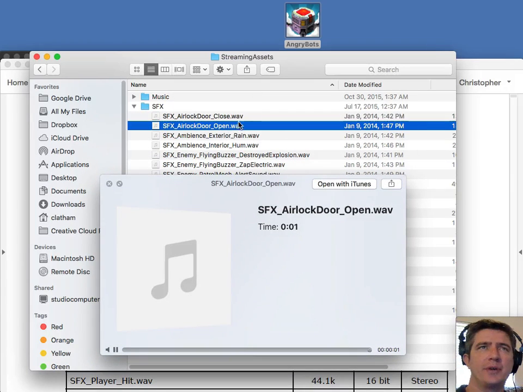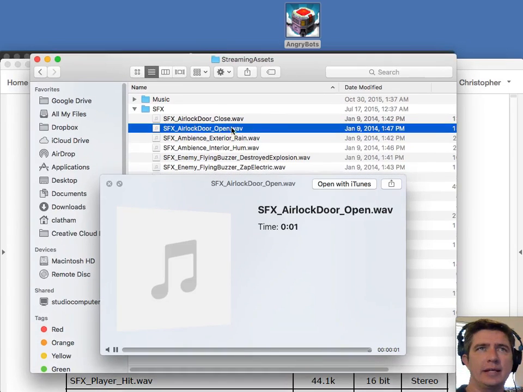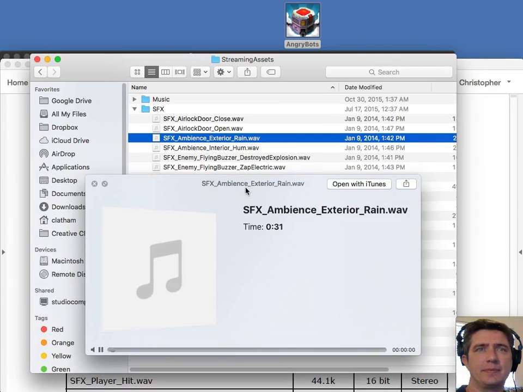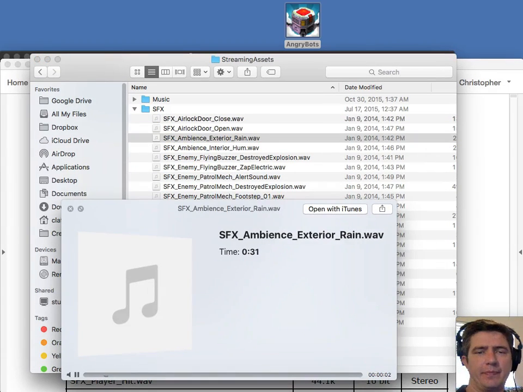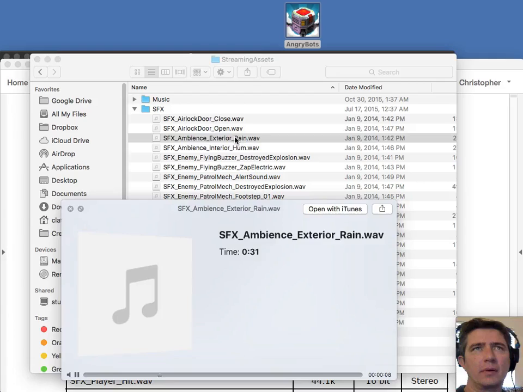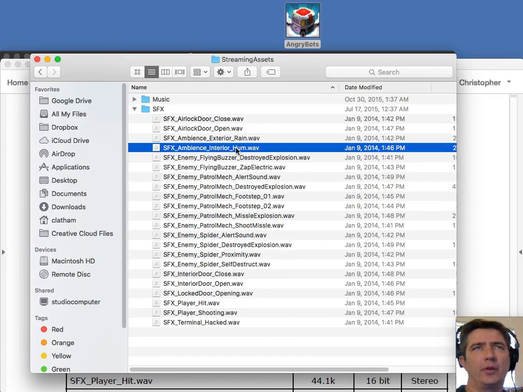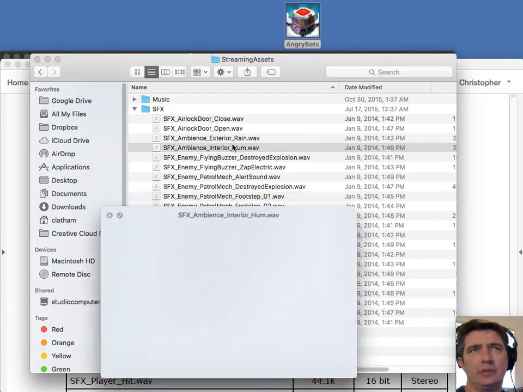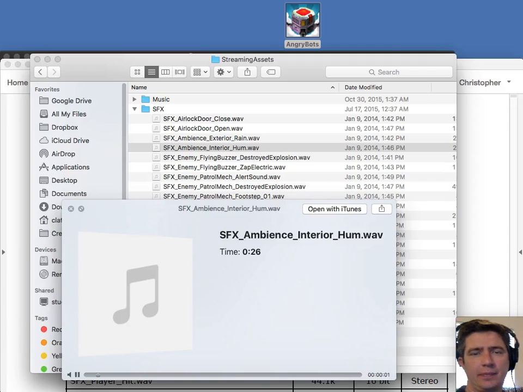All of these sounds are one shot except for these ambient sounds. The ambient sounds are longer loops overall, and they're just rain, very much background sounds, and hum. When you walk into the robot factory,